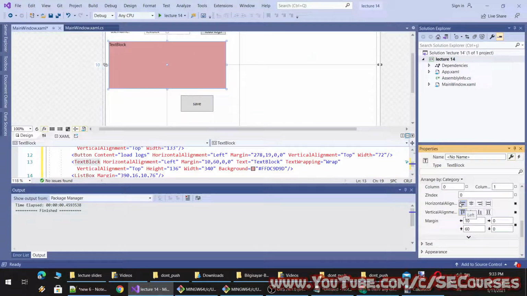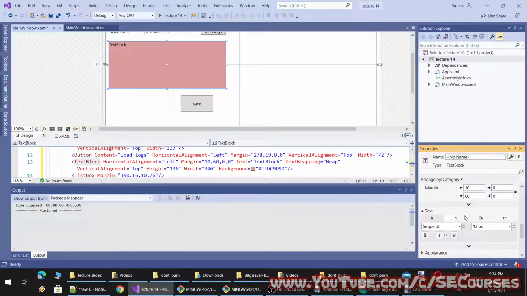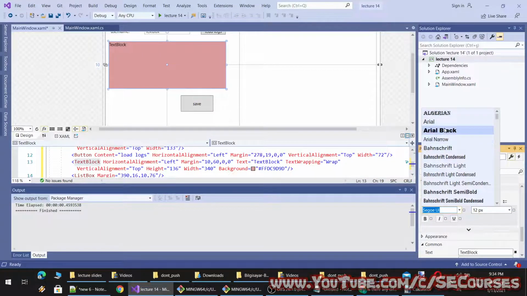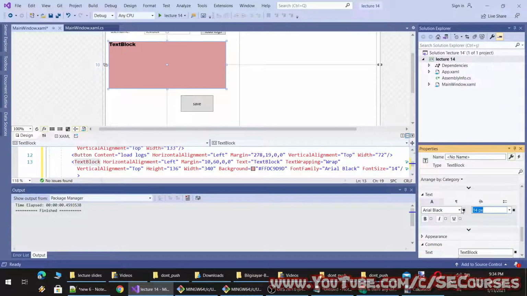Let's make, oh, this is the alignment position. Text block, don't change it. Let's go to text. Let's make it Arial Black, 14. It's automatic.